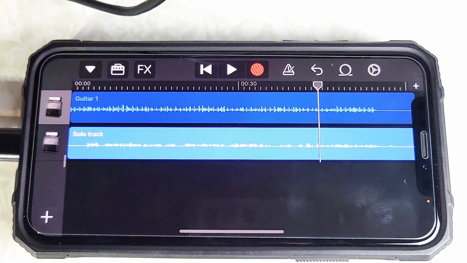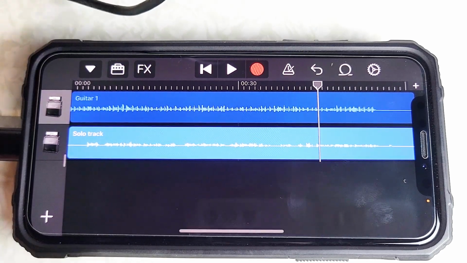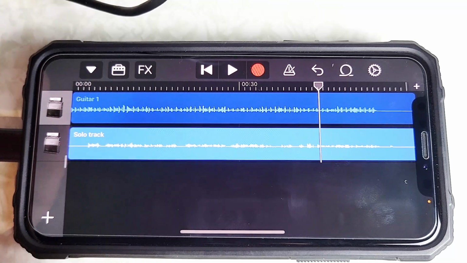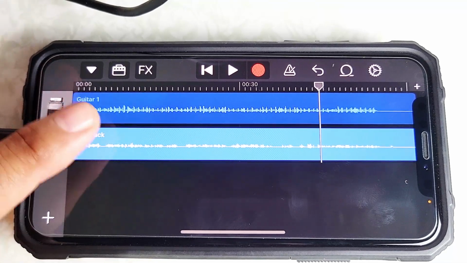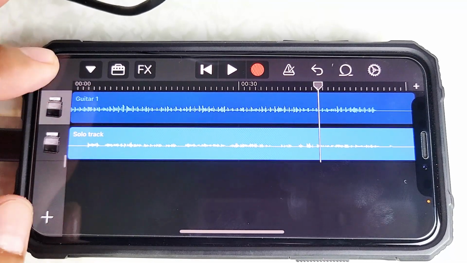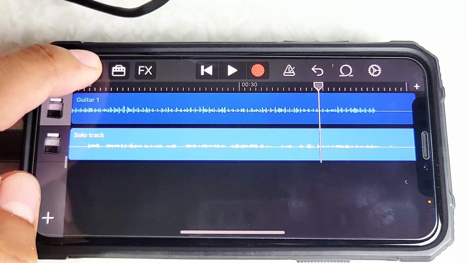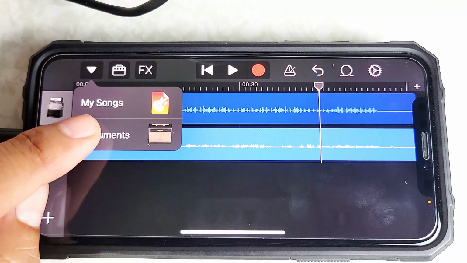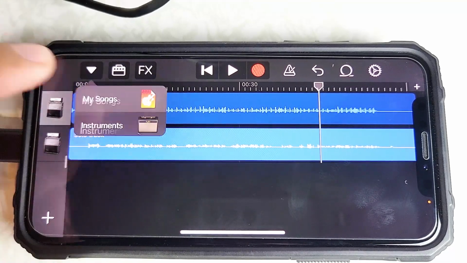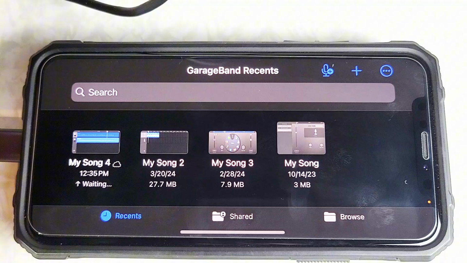In this video, I'm going to show you how to save your song in GarageBand. In order to save your progress or your tracks, your work for the day, it's basically this icon here. Tap on that and you're going to go to My Songs. Okay, and that's saving it